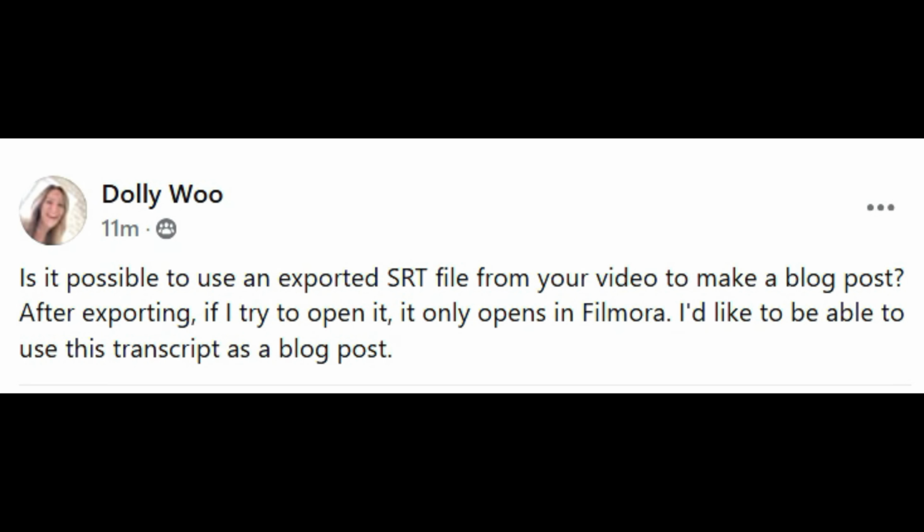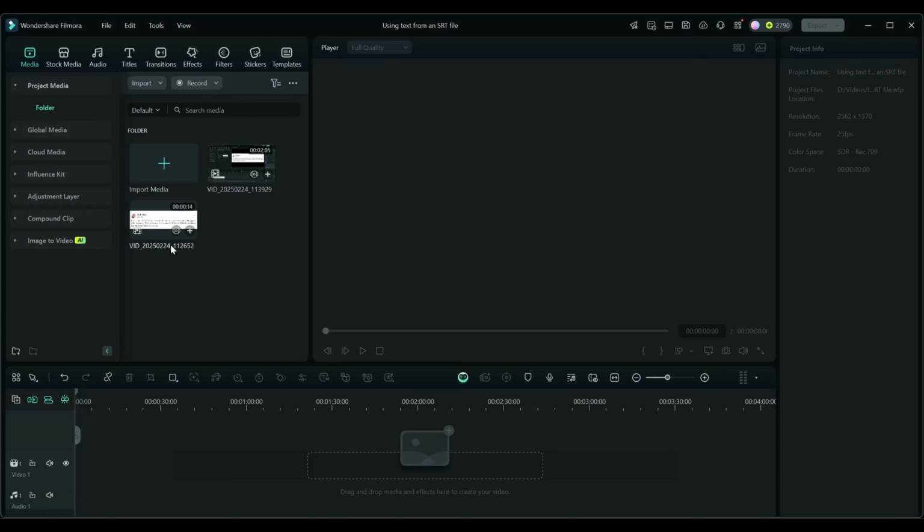Dolly has a question here: if she can use an exported SRT file from her video to make a blog post. Yes, you can certainly export the text from an SRT file and use it. However, I don't believe it's the best method to go about using that text. Nonetheless, I'm going to show you that first, then I'm going to show you a better method for retrieving the